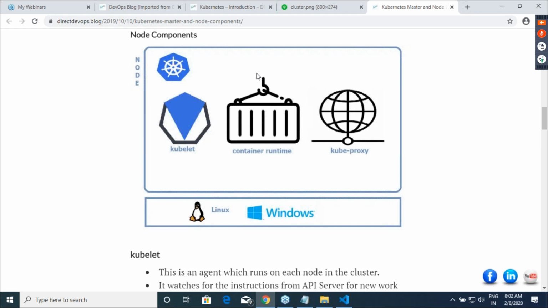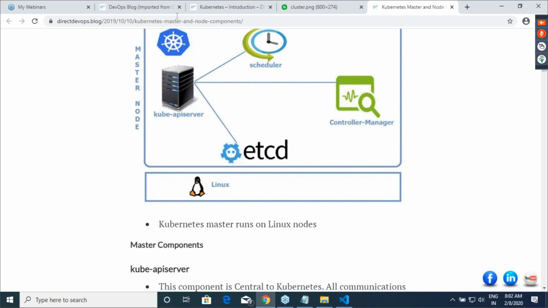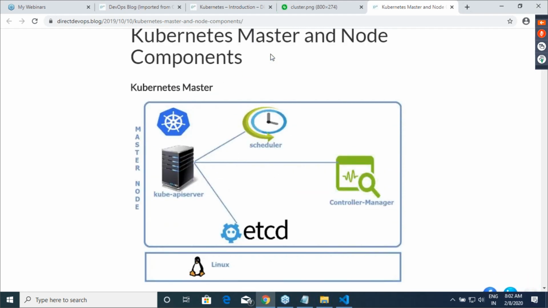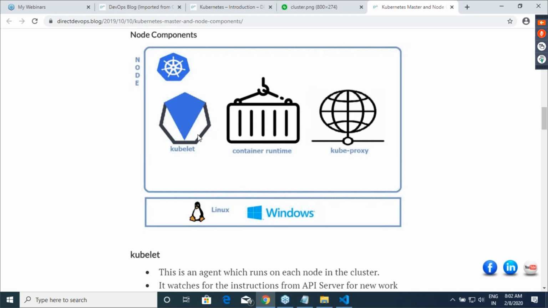Okay. Right. And then we have kubelet. In master, we have a lot of things doing the job. On the node, master will tell the node to do this activity, so create this container or do whatever it is. So master will give instructions to the node, and kubelet is an agent which receives those instructions and starts doing those activities.